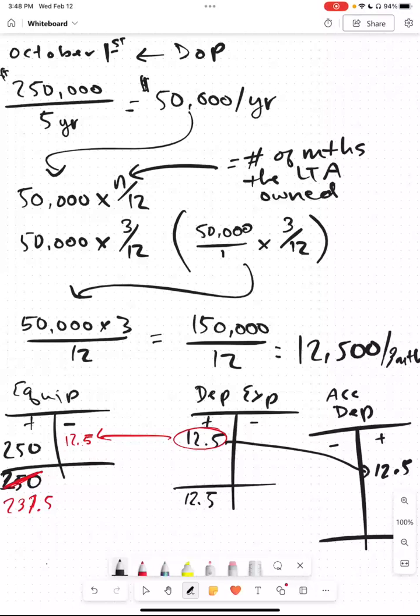Now, accumulated depreciation is a permanent account because it is an asset account. And so it will never close. It just keeps on counting the amount of depreciation that we have since we bought the asset. Essentially, it accumulates depreciation over the life of the asset until it's been fully depreciated. And what I mean by fully depreciated is that